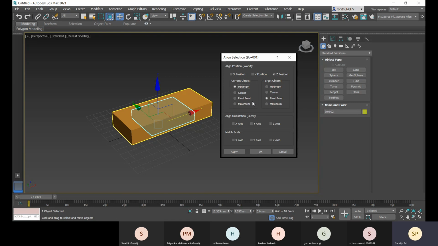So current object minimum and target object maximum. That is aligned right now, so I'll go with apply. And now you see that is reset again. And now you can go with X position, then Y position.